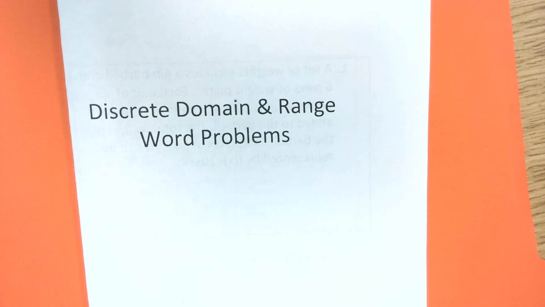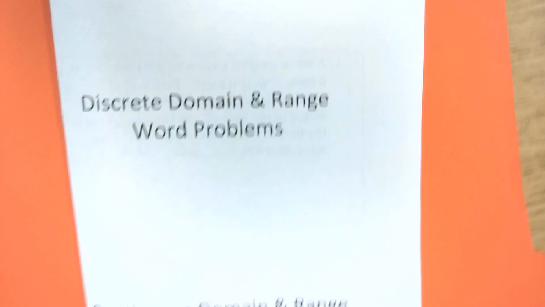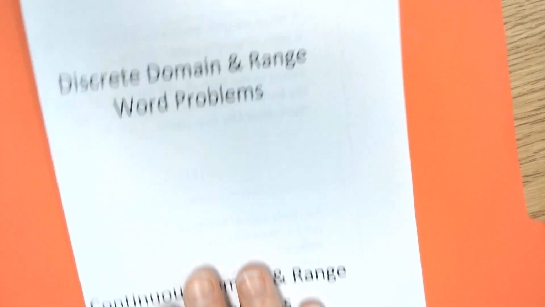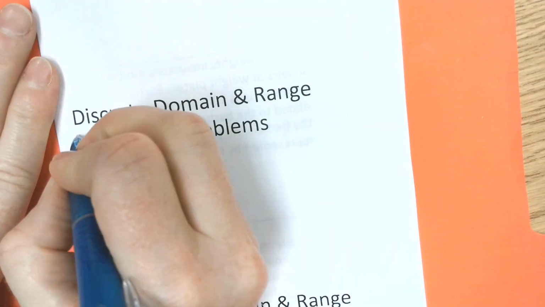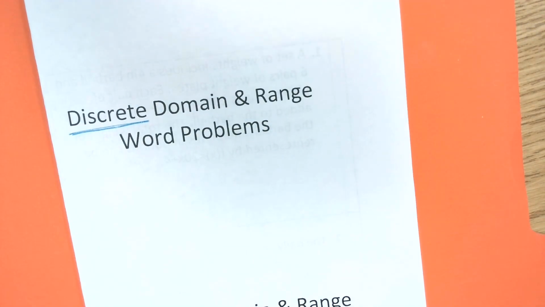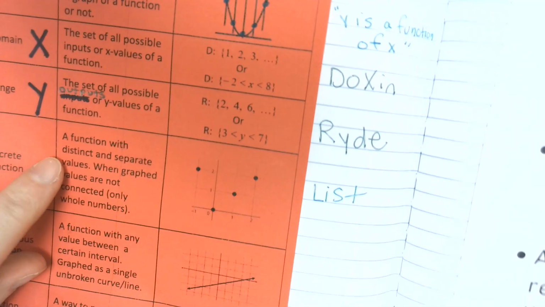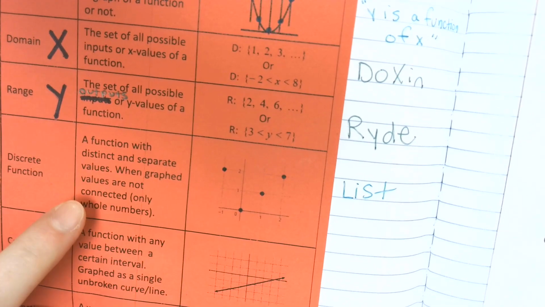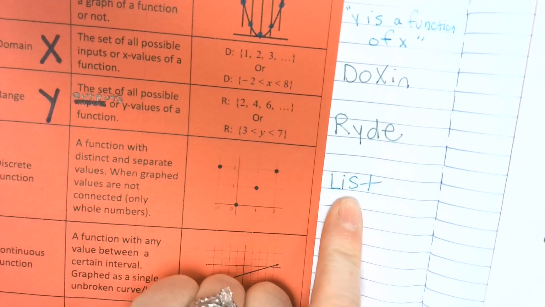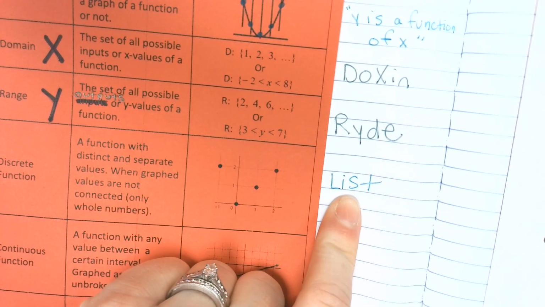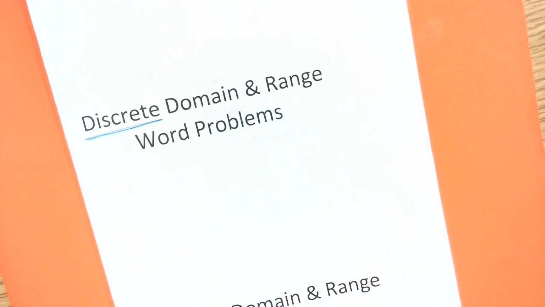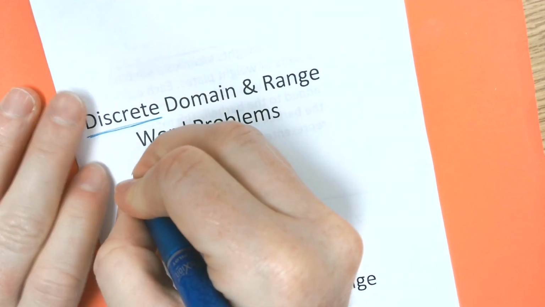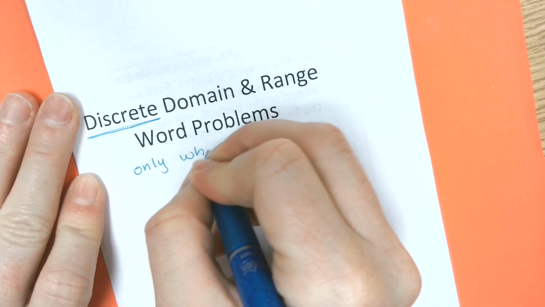We are going to look at some word problems dealing with discrete and continuous domain and range. So the first one is discrete. So in our vocabulary, discrete means a function with distinct and separate values when graph values are not connected and it's only whole numbers. We are going to make a list for domain and range. So we are going to put only whole numbers,